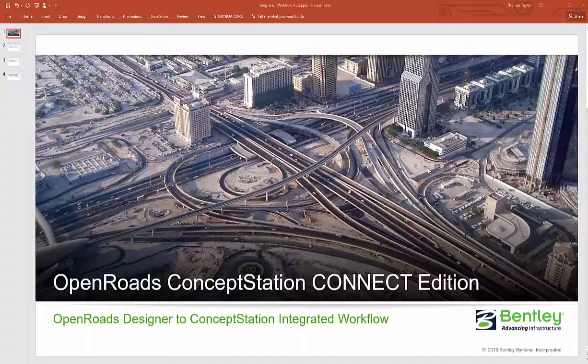Sometimes you've already completed your design within OpenRoads Designer and you'd like to take it back to Concept Station to do some additional visualization and possibly utilize the LumenRT tools to create a video and animation and add additional furniture for possibly a presentation. Those will not be covered in this video, but the key concepts covered in this video